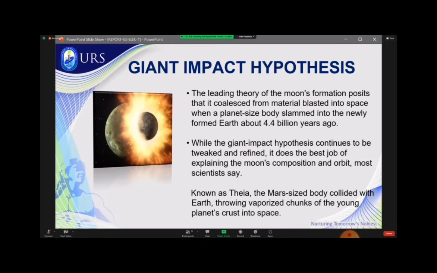Itong findings na ito ay nagkaroon ng implications sa formation ng moon. And it is thought that the Earth's iron core evolved through differentiation, leaving lighter elements in the mantle. So this is why the moon's properties and composition are similar to those of the Earth's mantle.